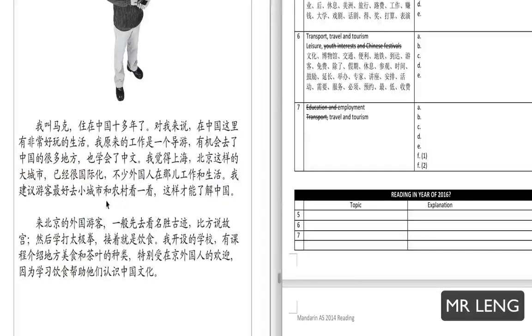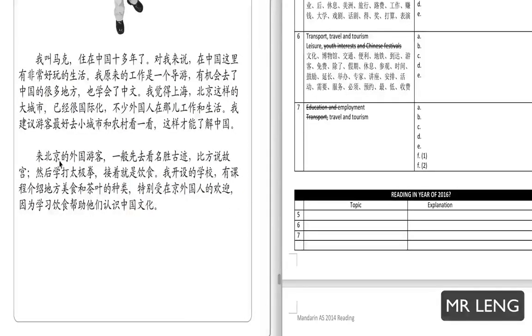和农村 countryside 看一看 have a look 这样才能了解中国 so you can only know more about China by doing so 来北京的外国游客 tourists again 一般 normally 先去看名胜古迹 Okay, 名胜古迹 scenic spots, places of interest 比方说故宫然后学打太极拳 to play Tai Chi 接着就是饮食 the diet and food